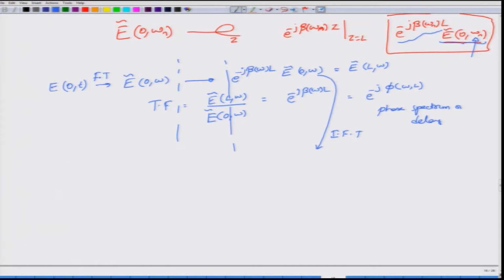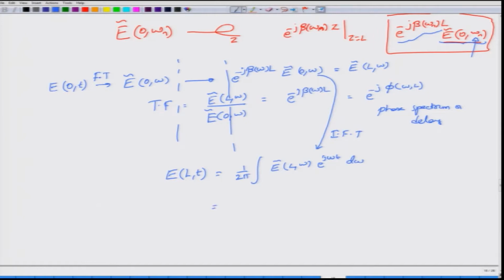Now, you apply the inverse Fourier transform to obtain E, the electric field at length L, or at the output of the fiber, and this is given by your inverse Fourier transform formula. If you do not know this, please go back to your signals and systems course, or if you know this and have forgotten, you will immediately recognize that this is the inverse Fourier transform integral. So, what we have is E of L comma omega e to the power j omega t d omega, with a 1 by 2 pi factor. I have just put that 1 by 2 pi factor, and the integral of course goes in general from minus infinity to plus infinity.